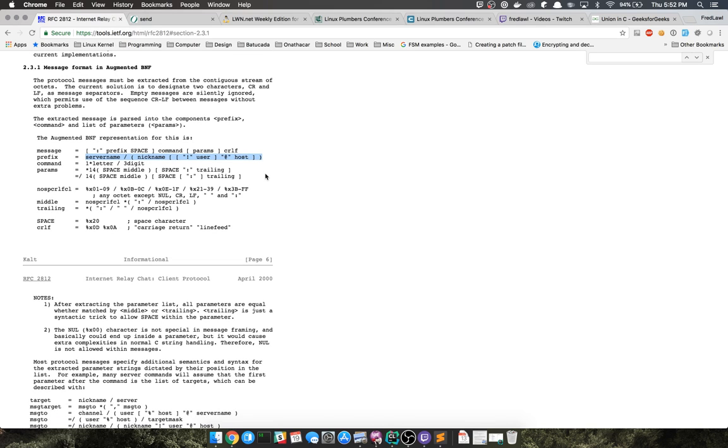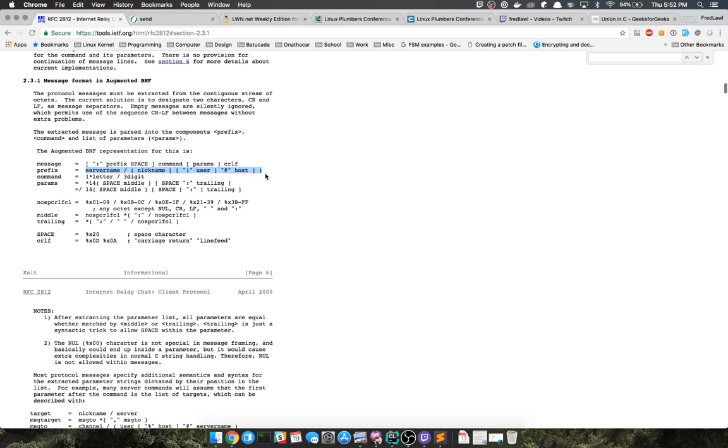But if I assume that whatever's being passed in is valid, then it should be pretty easy for me to have a couple of tokens: colon, letter, letter, letter, letter, letter, all the way up to space. And this part would be letter or number, space, and then params.